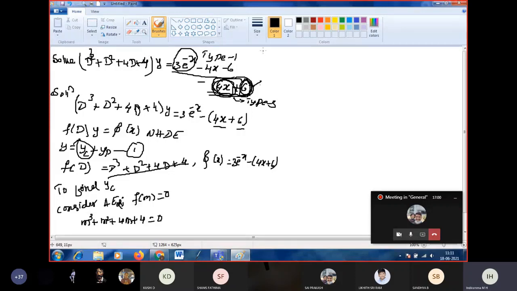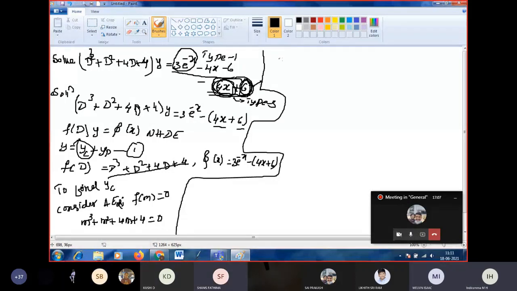So now we have to find the roots for this. How to find the roots? Ma'am, we can take m square common. You can take m square common from the first and second term. We are left with m plus 1. Next one, plus 4 into m plus 1, taking 4 common from the third and fourth term. Again we are left with m plus 1, equal to 0. Next, m square plus 4 into m plus 1. What do we have to take common?